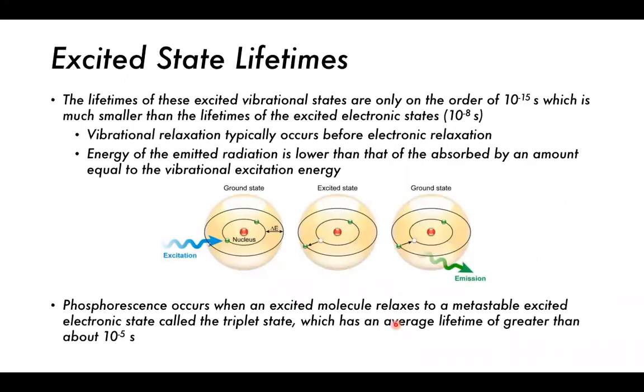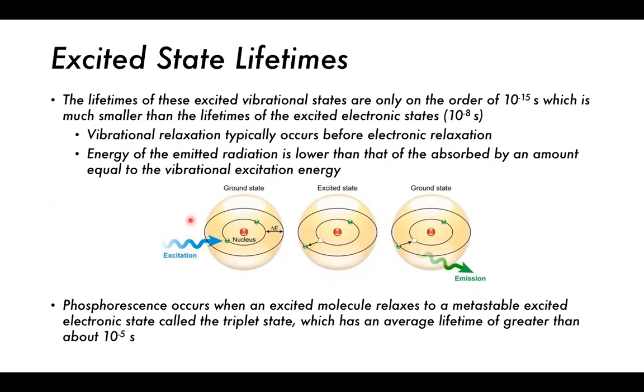Excited state lifetimes. The lifetimes of these excited state vibrational states are only on the order of 10 to the minus 15 seconds. So they're very short-lived, much shorter than the lifetimes of the excited state electronic states, which are 10 to the minus 8 seconds. So that's the order of fluorescence measurements. Vibrational relaxation typically occurs before electronic relaxation. And the energy of the emitted radiation is lower than that of the absorbed radiation